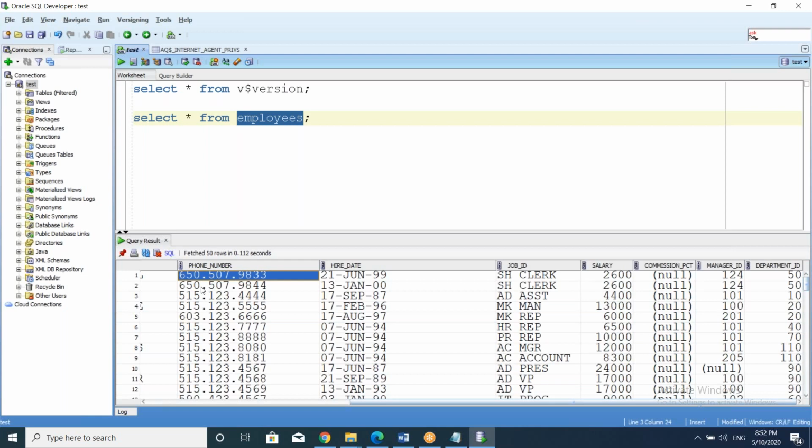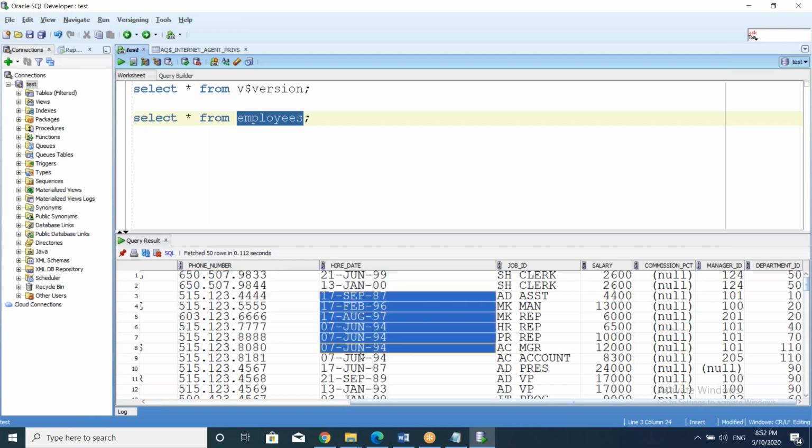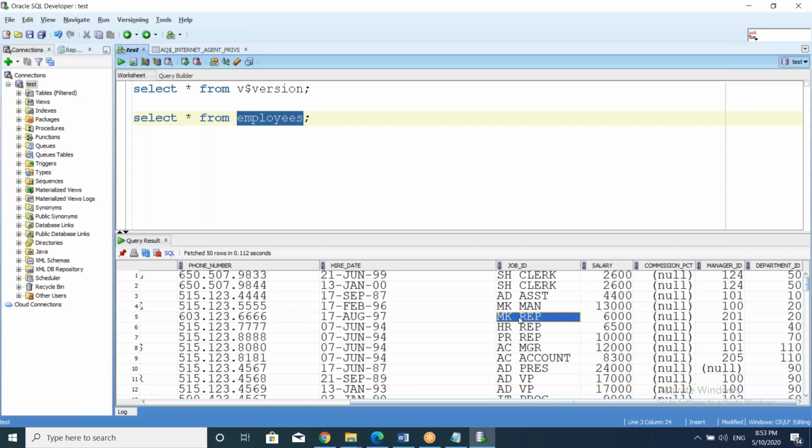Yeah, these are three types. One is character, another is date, and another is number. So either it can be a number, or it can be character, or it can be date. In this way, broadly, it is classified into three formats. Three kinds of formats are there in this data, and all these data are case sensitive. Uppercase means if you are writing small case, it will not understand. Uppercase means uppercase only, lower means lower only, because these are data. Data is case sensitive. And here you are getting null.